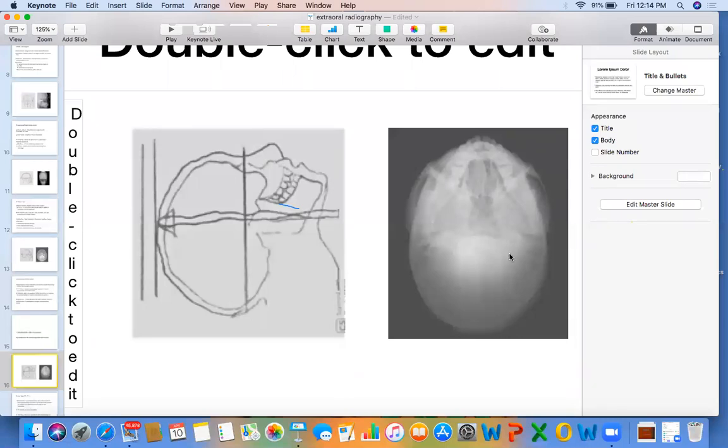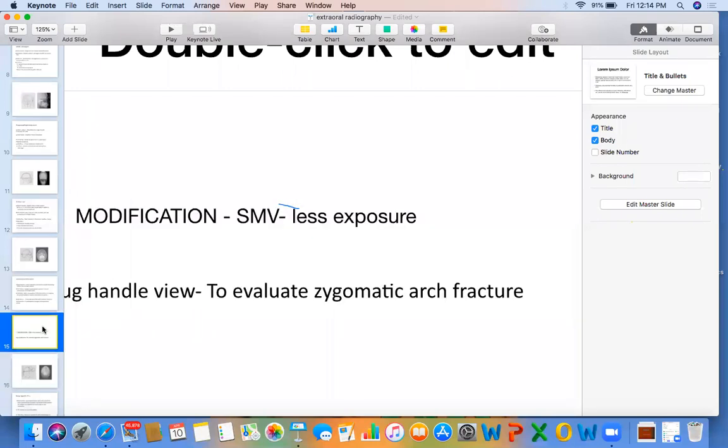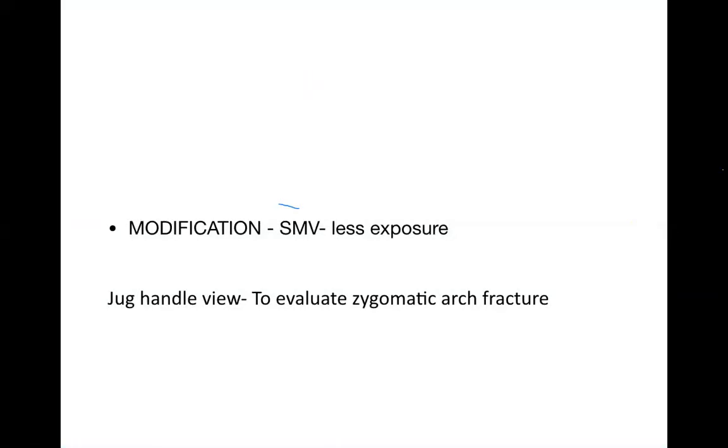Now, if you ask me, ma'am, whether it is possible to give exposure parameters at a higher level and visualize zygomatic arches, it is very difficult to visualize. So basically adjust your exposure parameters at the initial moment only, then and only then you'll be able to see zygomatic arches. I told you there is a modification. So the modification is the jug handle view. For the jug handle view, you are going to give less exposure to the patient, using lower exposure parameters, and so you can visualize your zygomatic arches nicely. Fine.